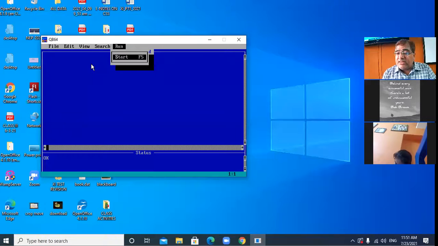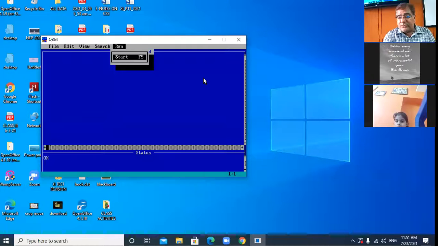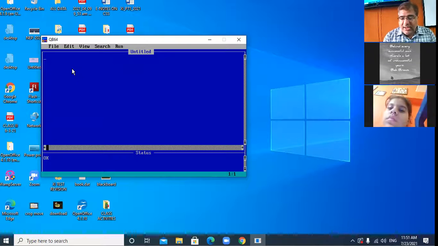Now let us start with the very first command of QBasic. Beta, first command is REM. REM stands for remarks. Any statement that you write in the remarks will not be displayed in the output.